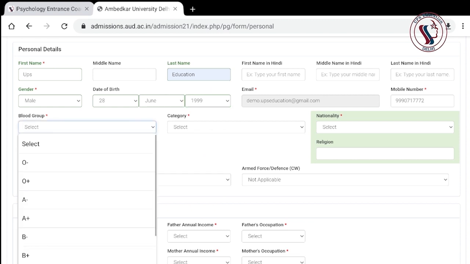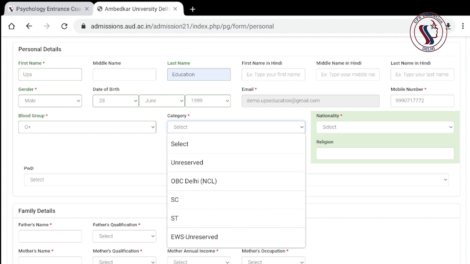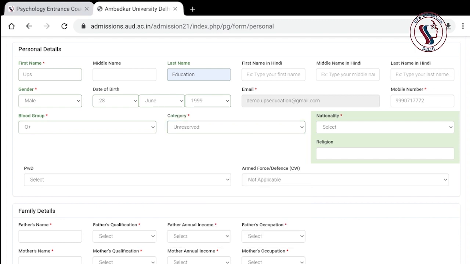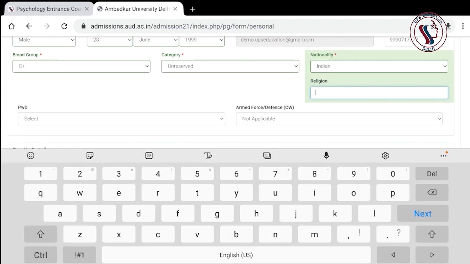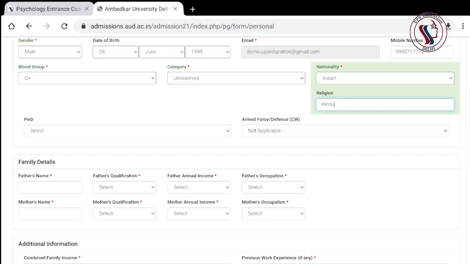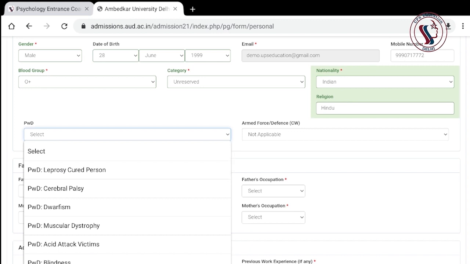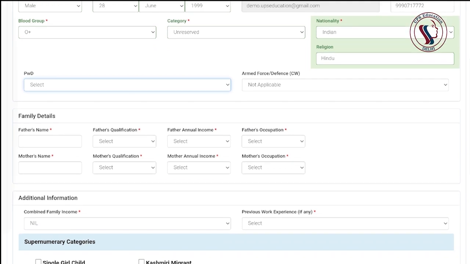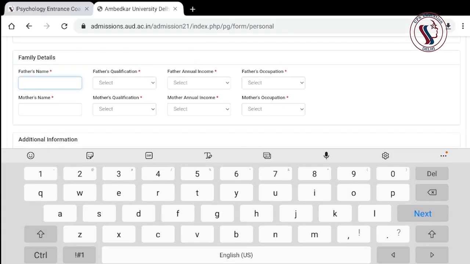You will select your blood group. You will select your category, that do you belong to reserved category or unreserved. Your nationality, your religion, right? Now you will fill up these all details accordingly. Now here you will fill up your father's name.